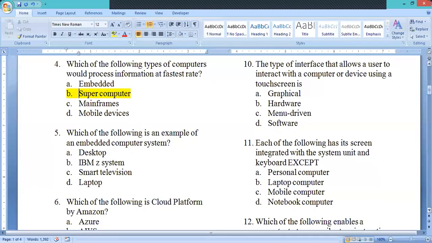All right. So which one would come third? Remember, we're doing from the largest to the smallest. So after supercomputer and mainframe, what's the third one? Is it desktop? Desktop. And remember, desktop is also called microcomputer and personal computers. All right, so desktop is third in place based on size.